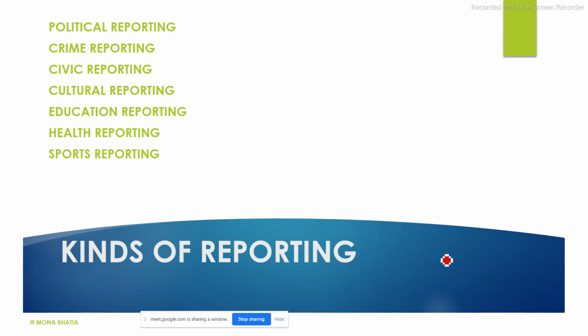Okay, now least importance is given to entertainment reporting, but people go the opposite way. They give more importance to entertainment reporting, like for example filmy news and everything related to TV stars. Sorry for the spelling mistake, I wrote entertainment wrongly. Anyways, I'll correct it later on.